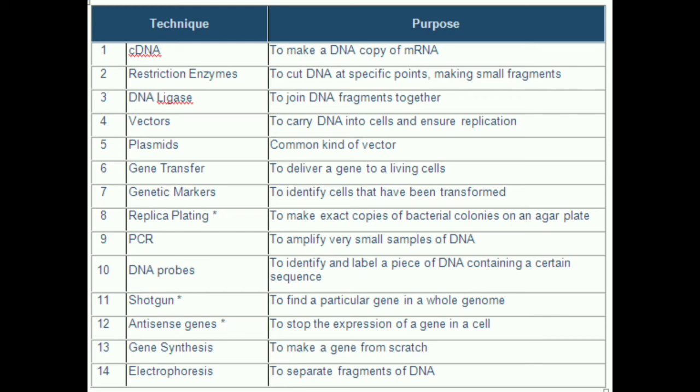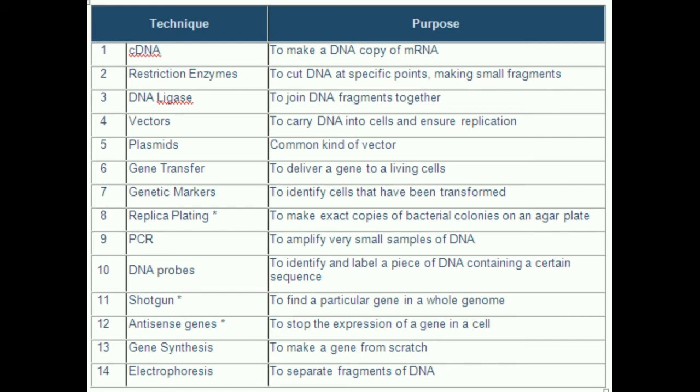There are different techniques with specific purposes, like complementary DNA to make a DNA copy of mRNA, or restriction enzymes to cut DNA at specific points making small fragments, like DNA ligase enzyme to join DNA fragments together, vectors to carry DNA into a cell and ensure replication, plasmid, a common kind of vector, gene transfer, to deliver a gene to a living cell, genetic markers, to identify cells that have been transformed, replica plating, to make exact copies of bacterial colonies